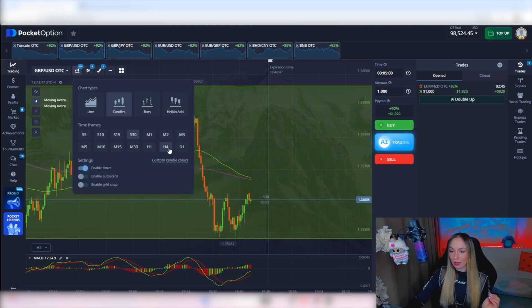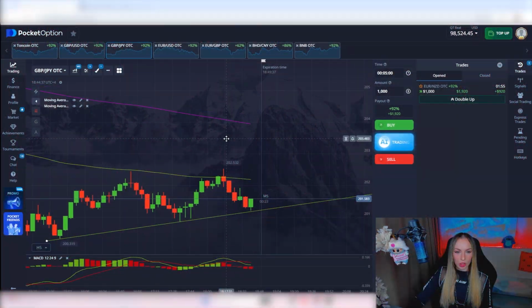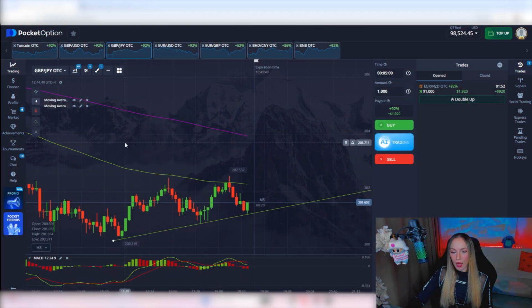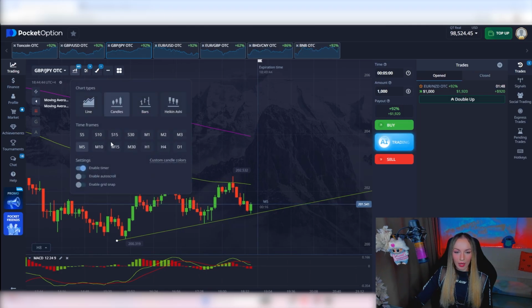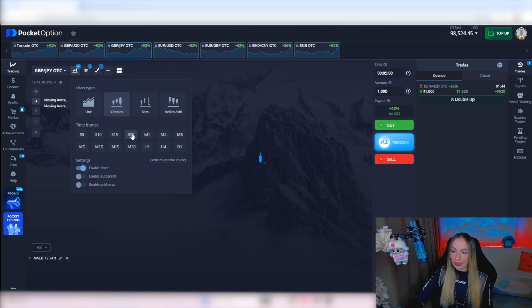Patience is everything. Don't be in a rush and don't enter right after you receive the signal from MACD and moving averages. Be patient, look at the chart, see where the support and resistance lines or levels are, and then enter. GBP JPY just touched the support line on 5 minutes,